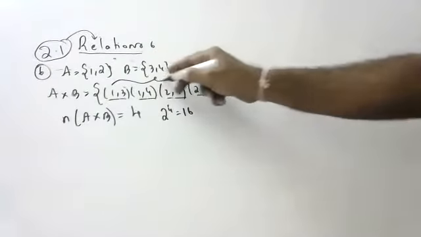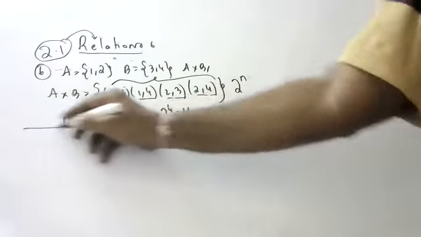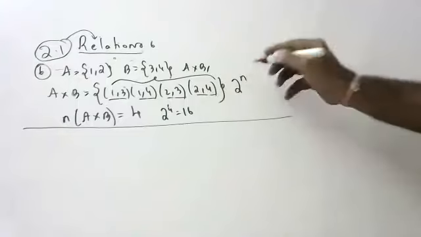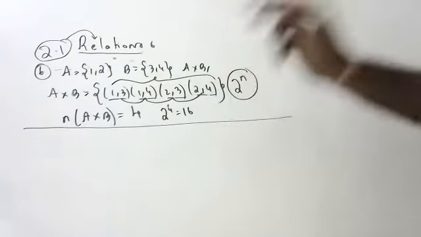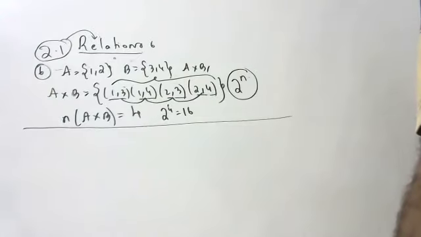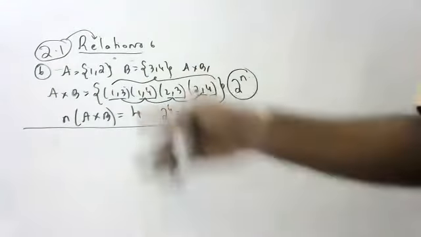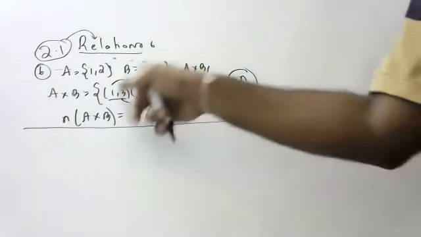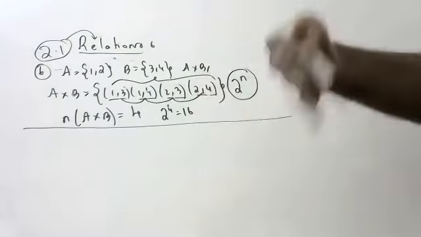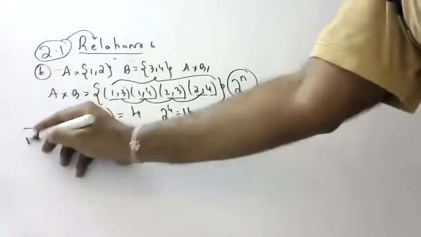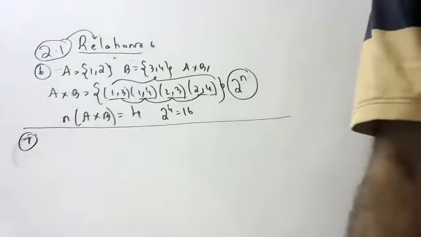How many elements are there? 2 to the power of n is the formula. That many subsets will be there. How to find the number of subsets? Formula: 2 to the power of n. Elements are 4, so 2 to the power of 4 is 16 subsets. So what are the different subsets? I told you, no, children. These 3 will form one subset, this 3 will form one subset, this 3 will form one subset, this 3 will form a subset. All are subsets, children. If you keep on writing, you will get a total of 16 subsets. Next, 7th question.